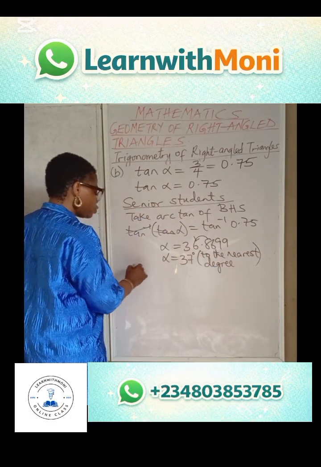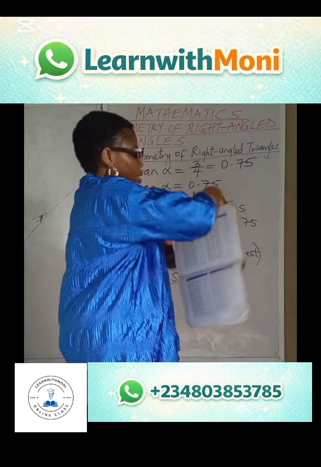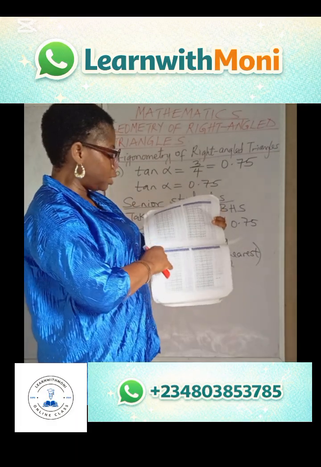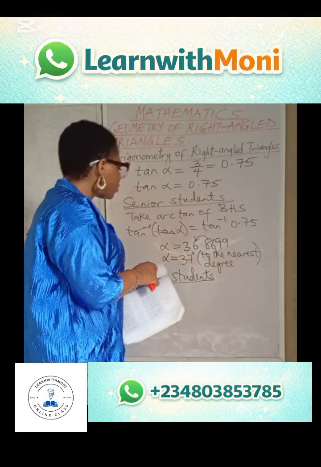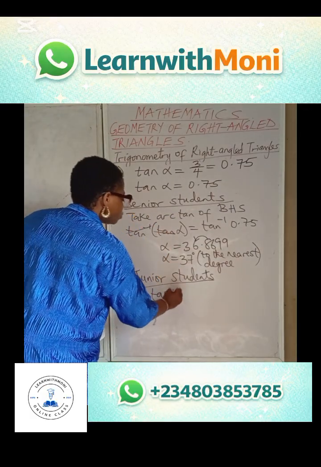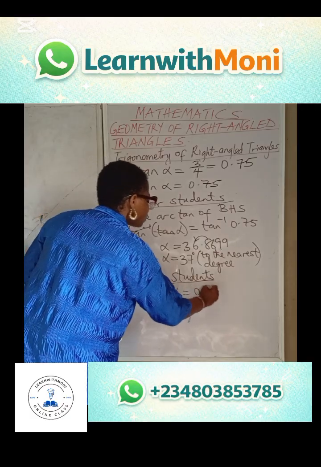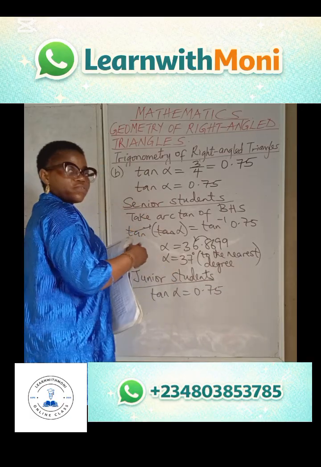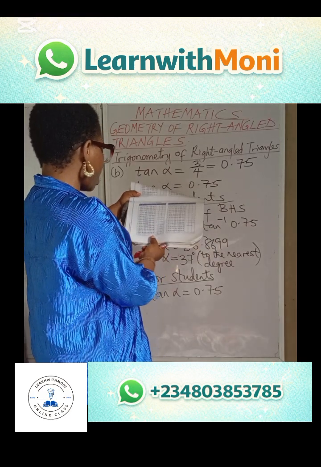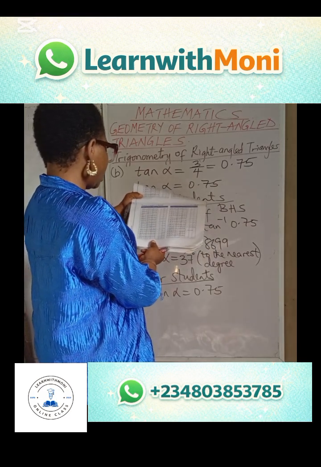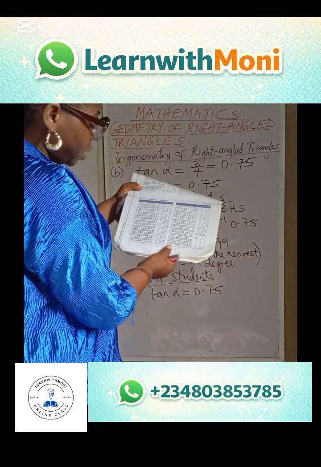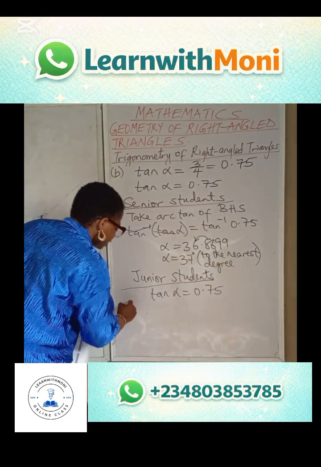And for my junior students, check your trigonometric tables for tangent of angle and search for the tangent of angle that is closest to 0.75. Search for the one that is closer to 0.75 under tangent of angle. So I am searching for mine presently. In my judgment, 36 under